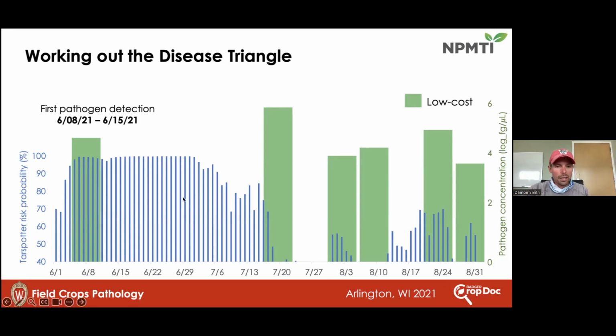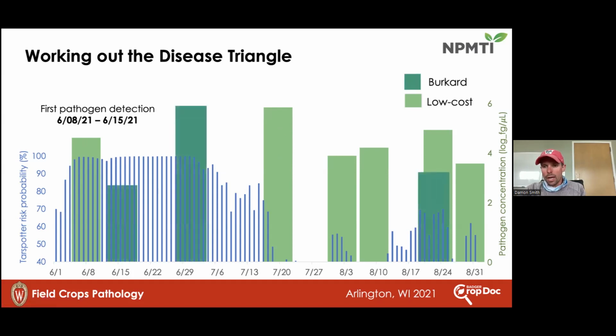And what you're looking at here are the tar spot risk. So these are the probabilities that we've had high levels of disease. And then we have this low-cost spore sampler, so you can see the discrete windows of time where we actually caught spores. And then we also have our volumetric spore sampler. What's interesting about our sampling is that we see different types of data come out of those spore traps. So we have to use them together to really understand when those windows of spore flight are, in other words, when is the pathogen actually in contact with the host?